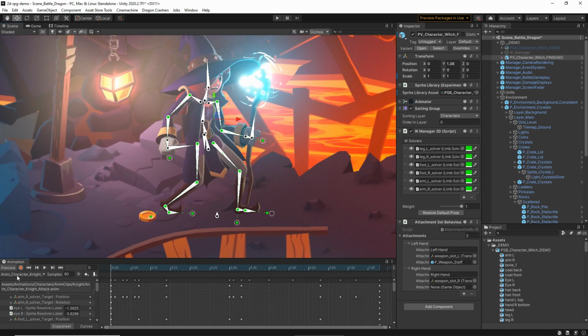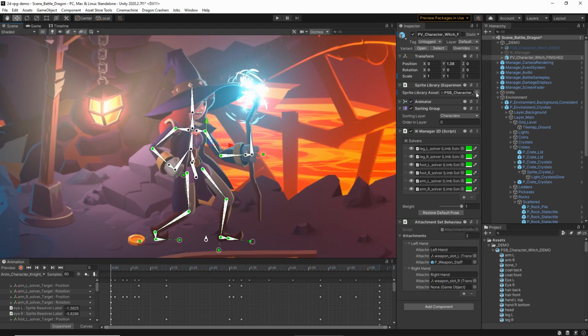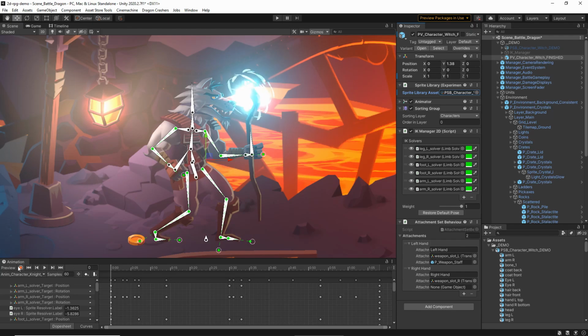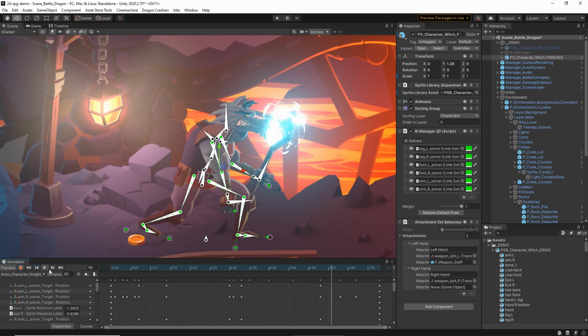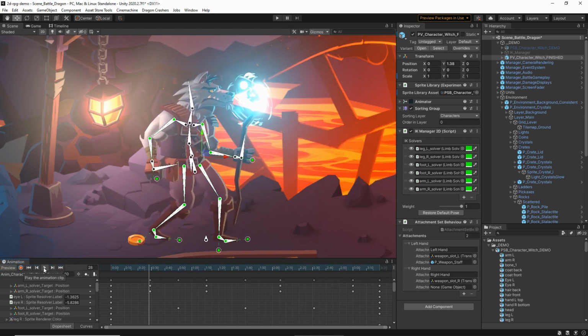As we have all of these elements shared between all the characters, it also means that we can swap out what the characters look like with each other. So this is using that same sprite swapping system. We have the witch that looks like this with a staff in her hand, but I can then change it to another one of the PSBs which has that humanoid form. So I can actually change her to the wolf. And look, the wolf is now going to hold the staff in his hand and have all the same animations. So this is very powerful and flexible because we can instantly change between